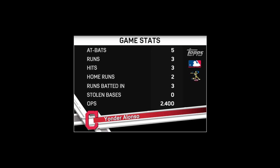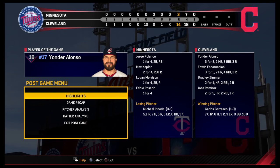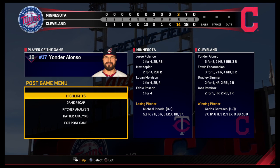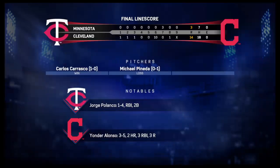Several good offensive performances in this one, but none better than the one turned in by the guy you see right there. He's our top player of the game. Exactly. Well, he blasted a couple of balls over the wall in this one. Really put the guys on his back and carried them to the